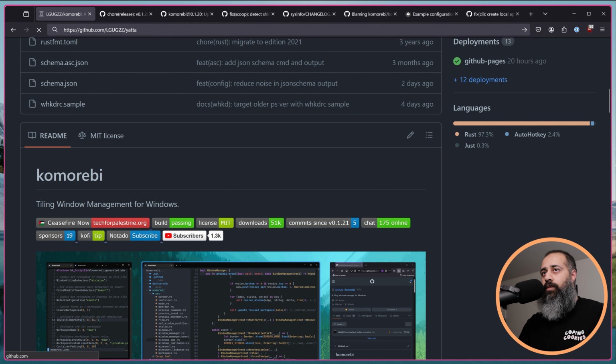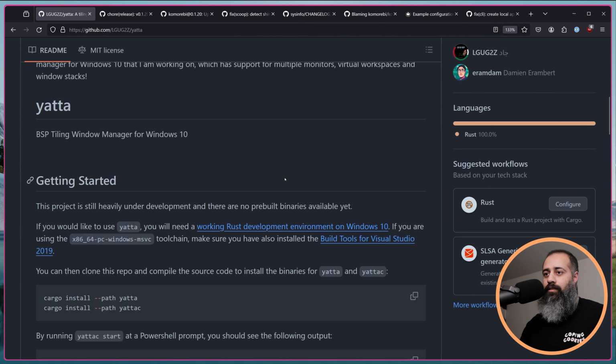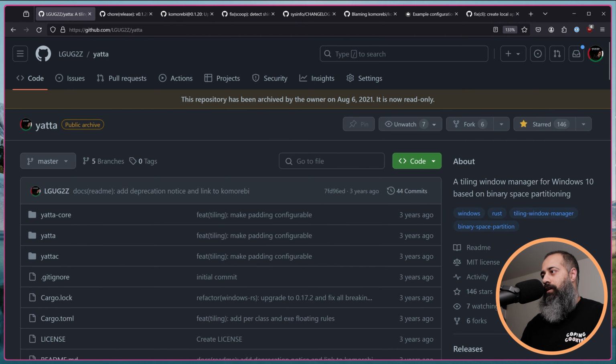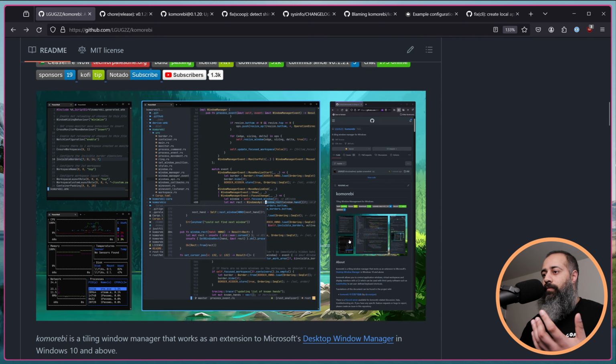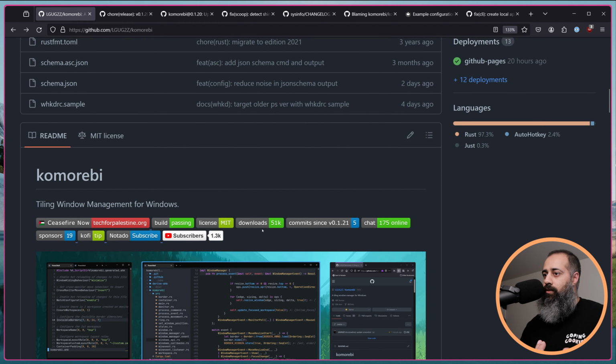I first started this project as Yatta, and it had 146 stars. It did not have many users. And you know, I started Komorebi, and this has grown now to 6.1 thousand stars, 51,000 downloads. You cut that in half, maybe even less than half. Let's say, a conservative estimate, maybe there are 10,000 people who are using it. And